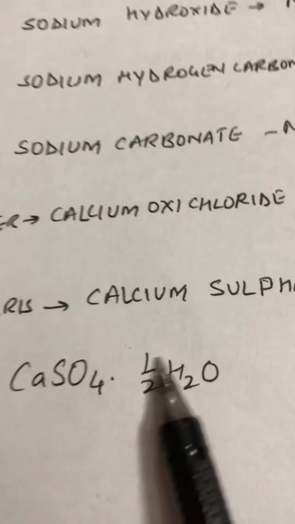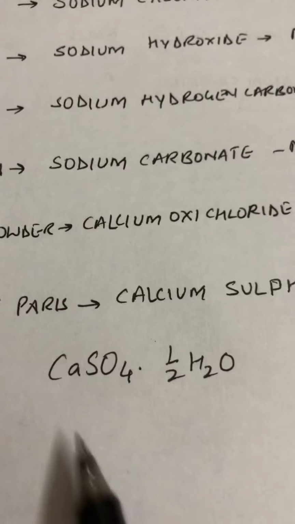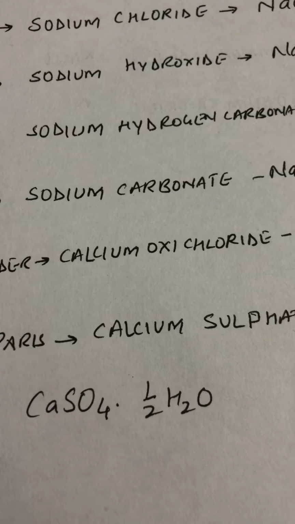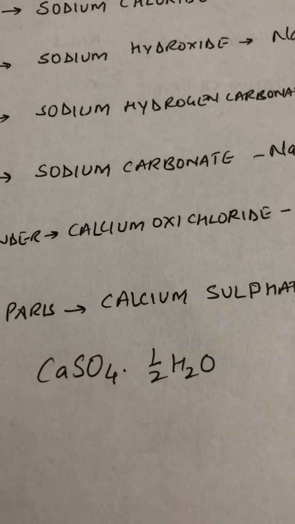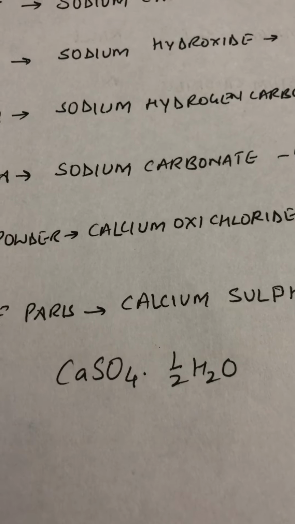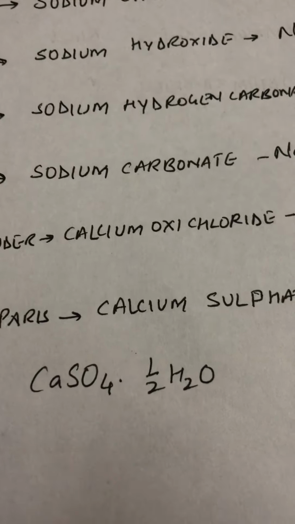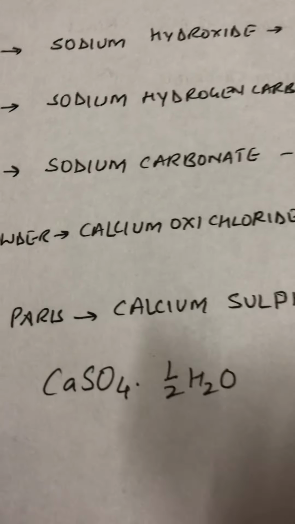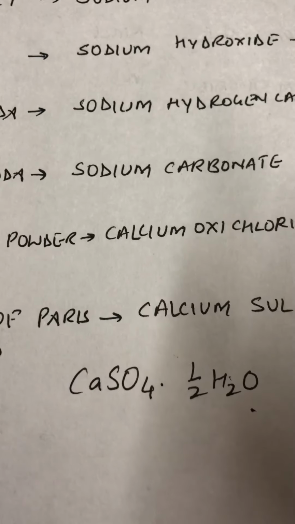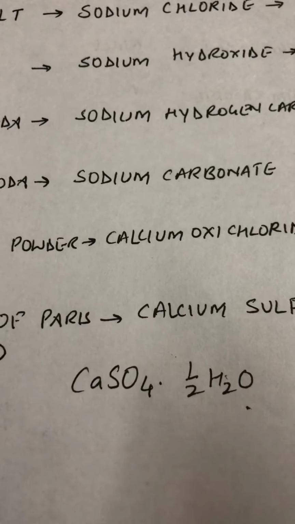This compound all of us have seen. We all have seen it, we use it in homes. To decorate roofs, we use it for making statues. We use it for making walls. Whenever we do whitewashing on the walls, POP is used for repair of walls to make the surface of the walls plain so that it gives a good look.